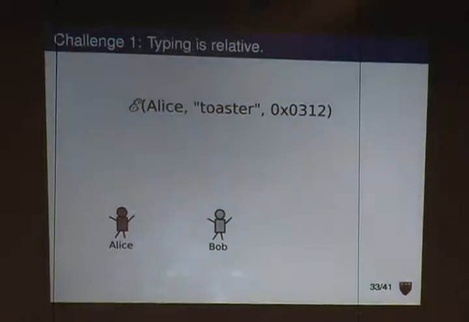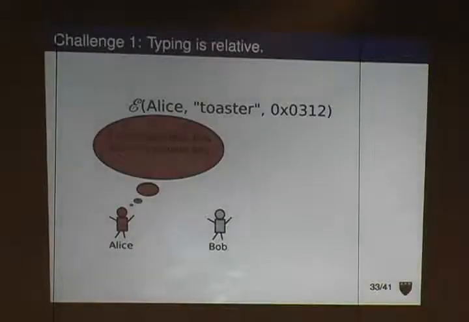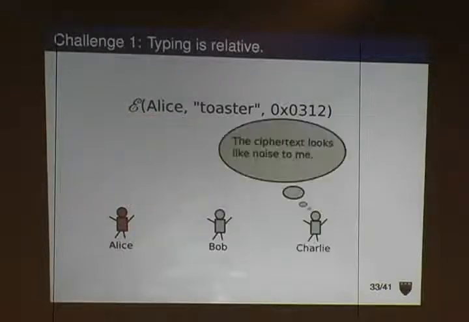If Alice gets this ciphertext, well, she has her key. This is what makes Alice Alice. So she can deal with this. She knows how to decrypt it, and she can look inside and figure out that, yeah, this thing is an int for Alice, using her private information. But if we take some other principal, some Charlie who's on the side, he looks at this, he has no idea, right? It's just a bunch of bits. And what's interesting about this is the notion of what type an expression has in Aura actually depends on what keys or what resources you have when you look at that. And that's reasonably new.